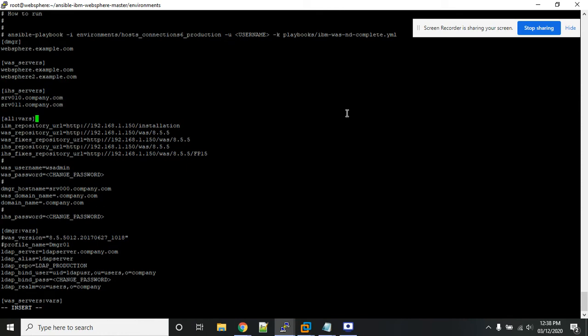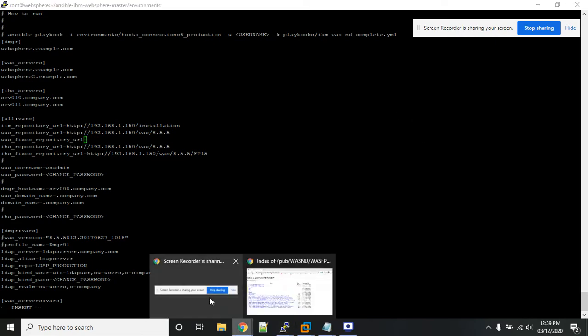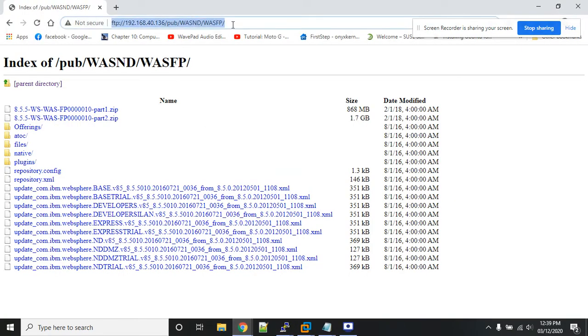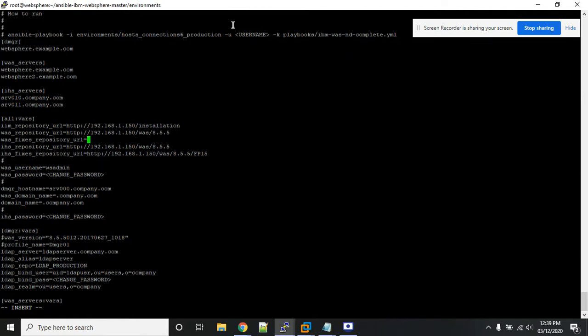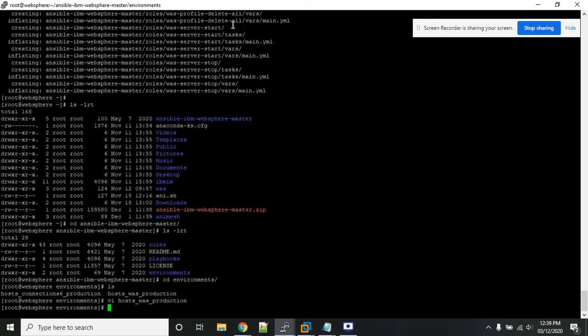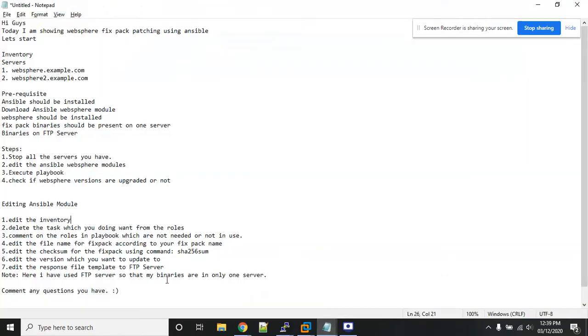In this inventory you also need to add the fixpack URL or else the path where your binaries are stored. Since I'm using an FTP server, I can directly copy and paste the path over here. My binaries are in this location. Okay, so my inventory has been edited.